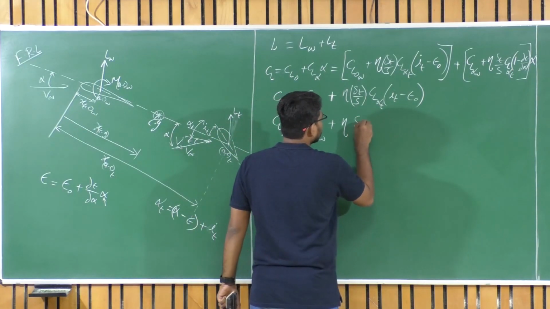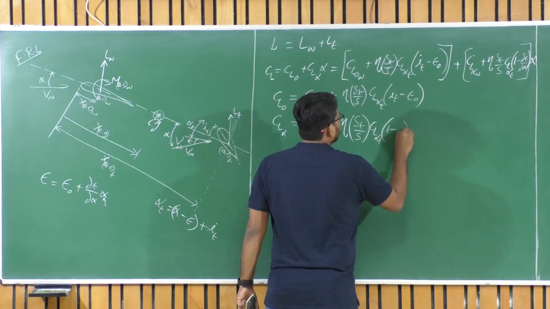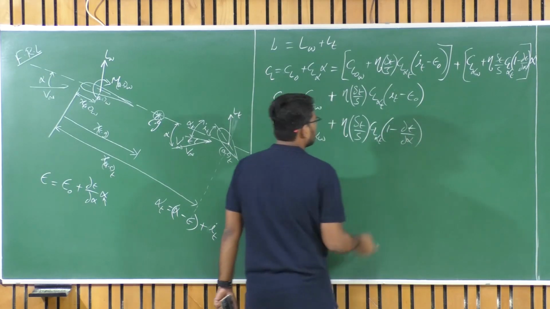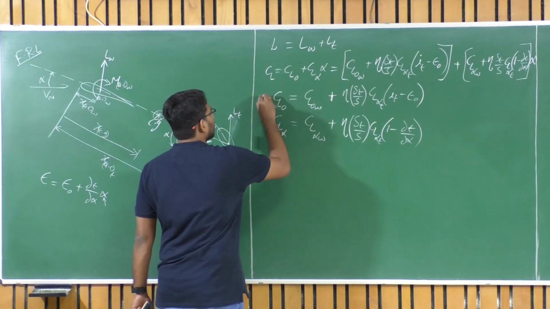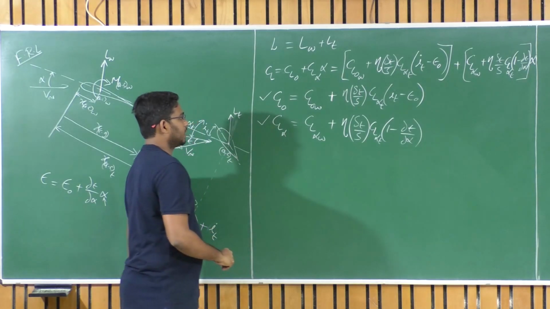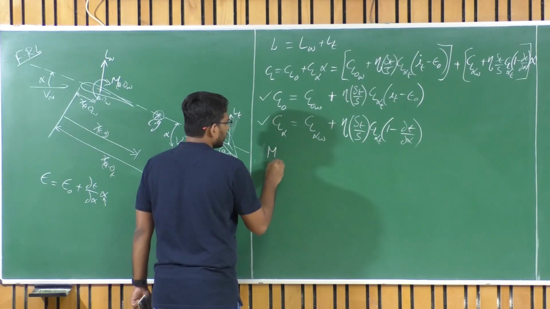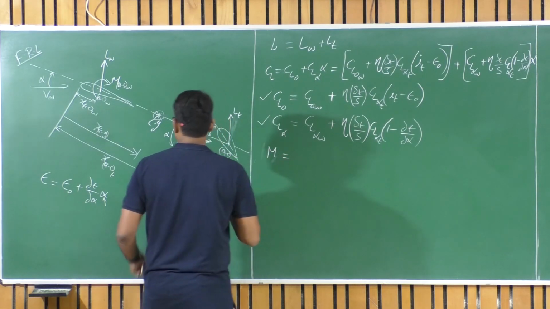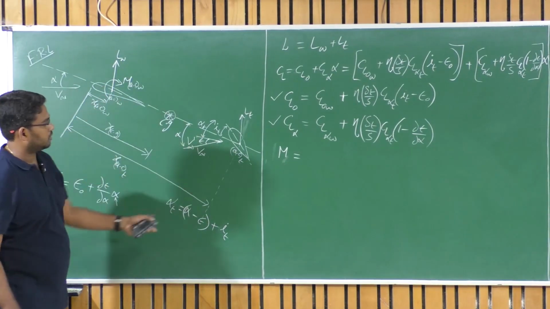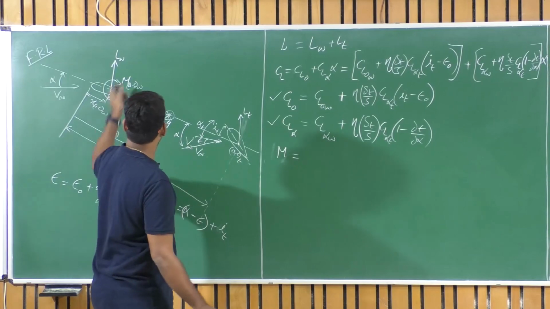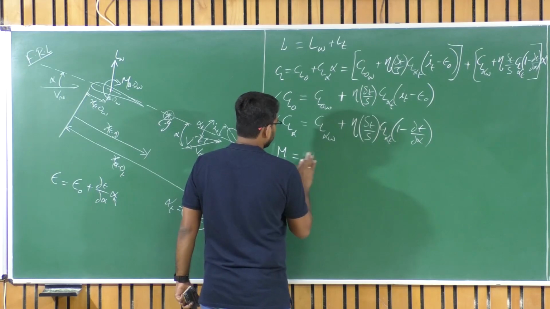Okay, here similarly, a similar contribution comes from CL alpha of tail times 1 minus dou epsilon upon dou alpha. So this is the total aircraft CL naught, or the UAV CL naught, and UAV CL alpha. Similarly, we have pitching moment about CG. So the moment about CG, or the moment about the entire object, this UAV, is equal to the positive pitching moment provided because of lift generated